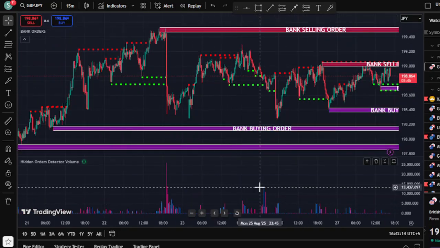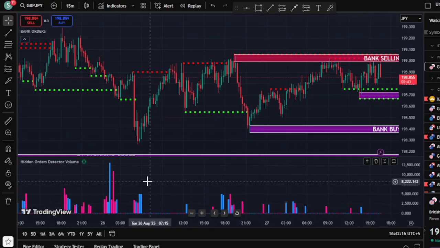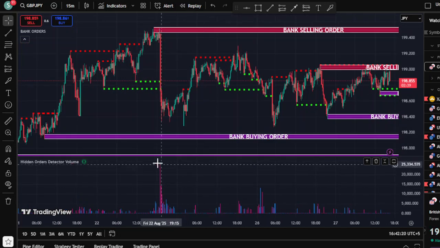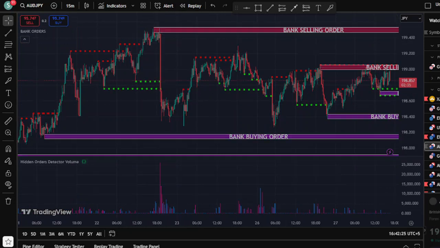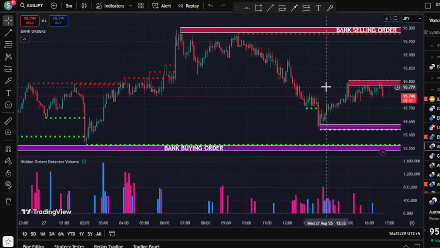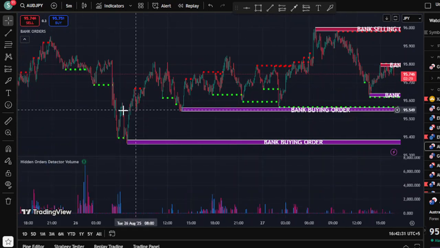Zoom out your chart, because if you keep your chart like this, you cannot tell; this is not an ultra high volume. You need to zoom out your chart. Now it tells you this is the ultra high volume that results in the drop. Let me take you to the 5 minutes so that we can have a quick view of the market. Now look at this.